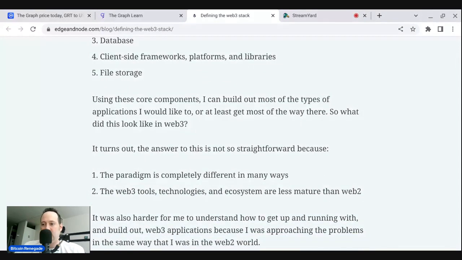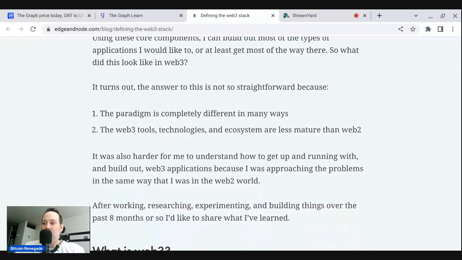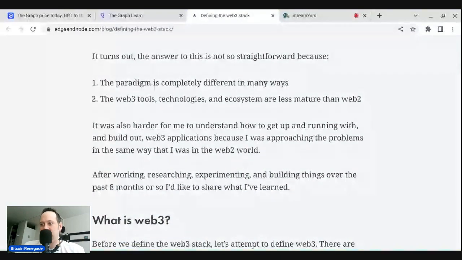So what did this look like in Web3? It turns out the answer to this is not so straightforward, because the paradigm is completely different in many ways. The Web3 tools, technologies, and ecosystem are less mature than Web2 because blockchain is fairly new. It's only been around for about 12 to 14 years, 2009-ish. And then, about 2 years after, I think it got a little bigger, but yeah, about 14